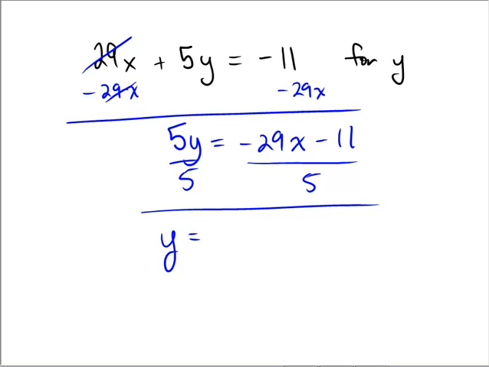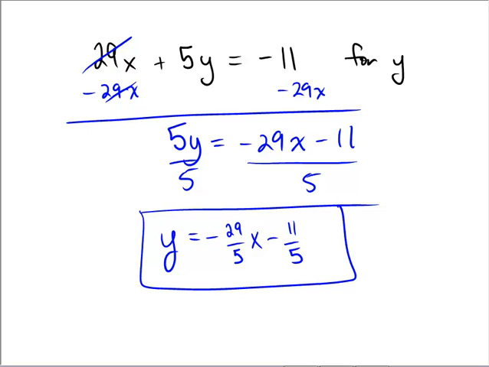Again, for a little bit of politeness sake here, for other types of problems, I'm going to write this as negative 29/5 x minus 11/5. Although our software will allow you to answer either of these as correct answers, I prefer the bottom one because again it looks a whole lot like the slope-intercept form of a line, which is a technique that we'll need